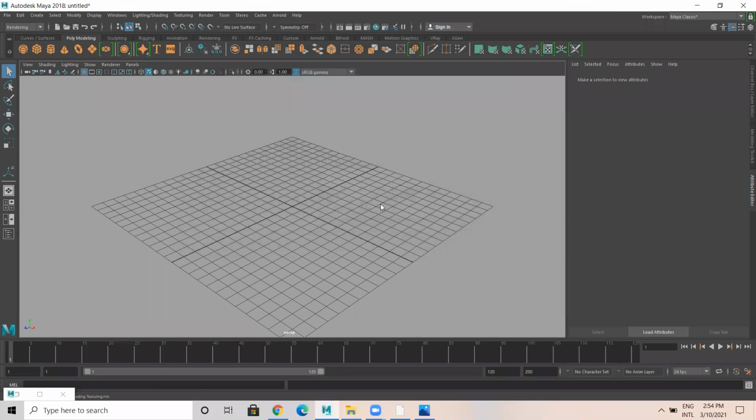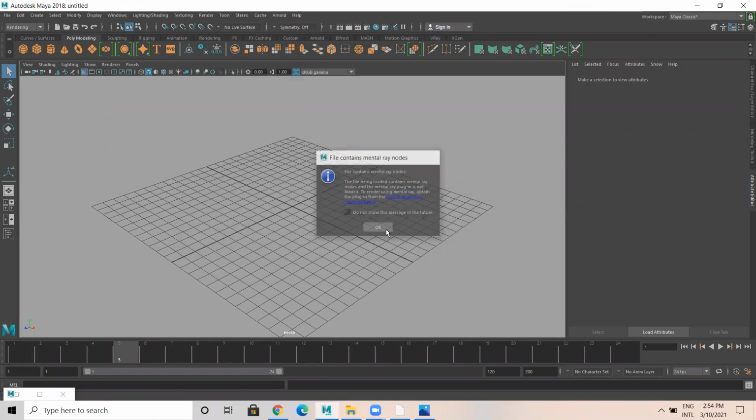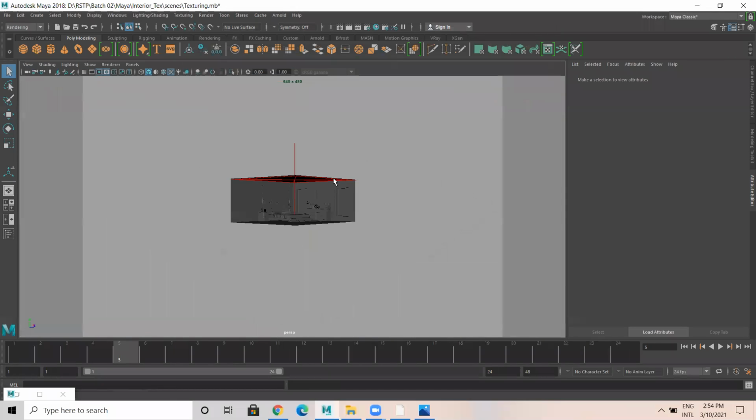So this is a model which we have done texturing for.